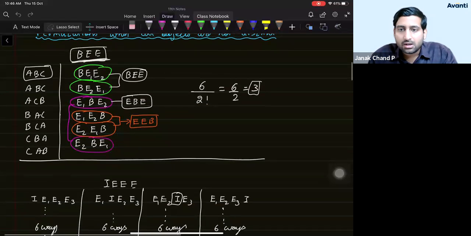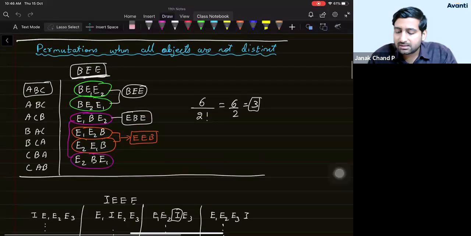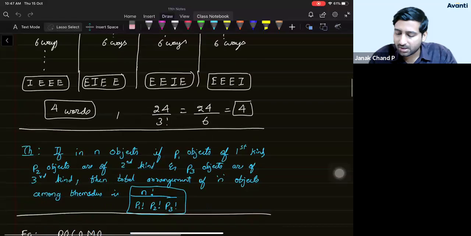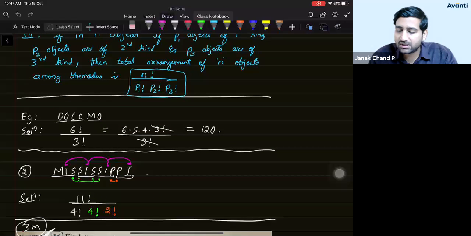Fine. Okay, students. So I was saying that in the last class we saw how to do the permutation of a certain number of objects when some particular objects are repeating. Whatever is repeating, students, you should divide by its factorial. So we saw this in yesterday's class. In general, if there are three things which are repeating P1 times, P2 times, and P3 times, then you should divide by the corresponding factorials, right?